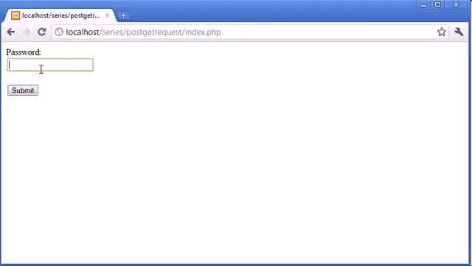However, now if I was to type, say, password in here and click submit, we've actually submitted this now to the form. The data has been submitted. However, it's not visible up here, and obviously at the moment not visible on the page because we haven't done